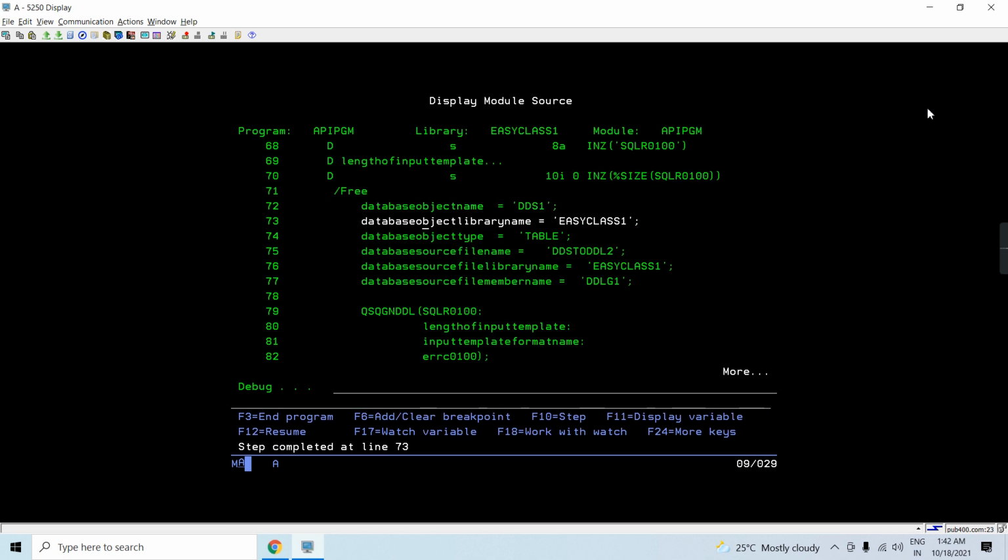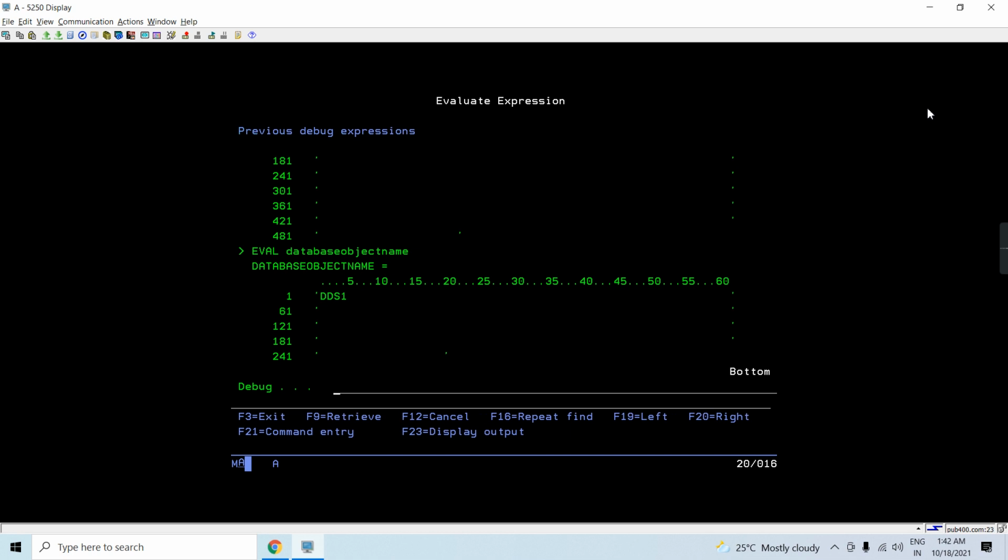Let's call this. So the database object name would be DDS6. So let's change it in debug mode.